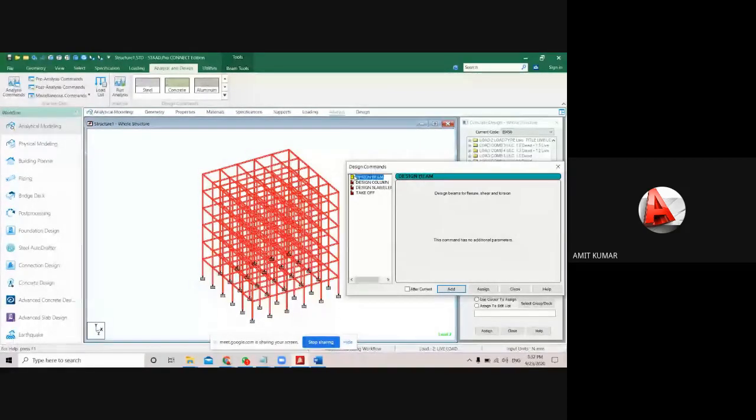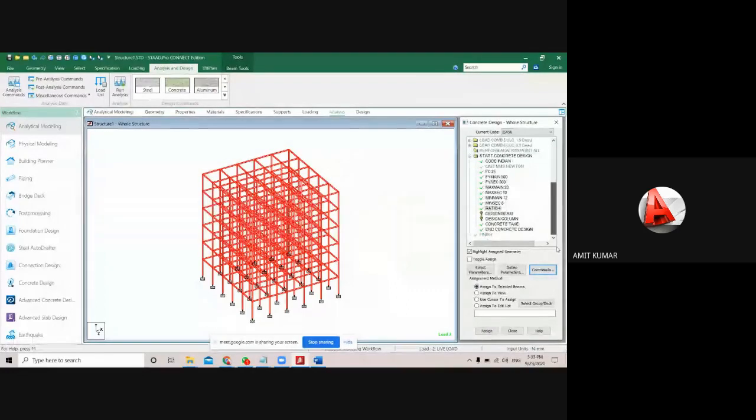That means we will pick the value design beam and design column only, and we will not use the design slab and element, but we have the option take off. So basically take off will give you a tabular report of the detailings of the concrete and the steel. That means you will get the volume of the concrete and you will get the weight of the steel also from the takeoff. Okay, so just add it also.